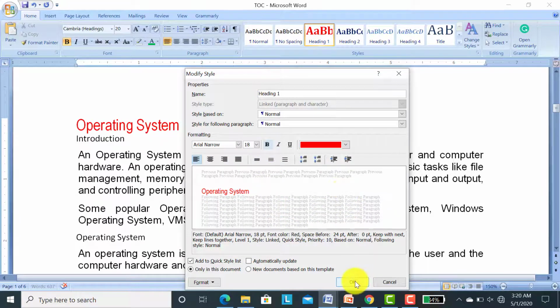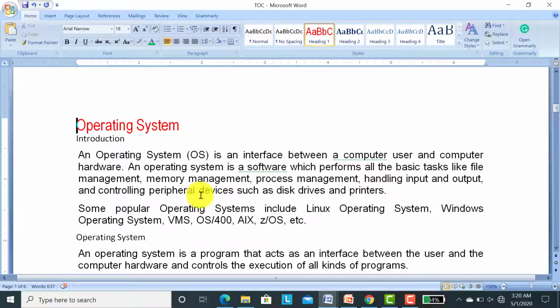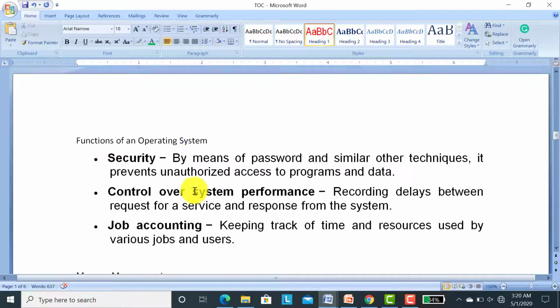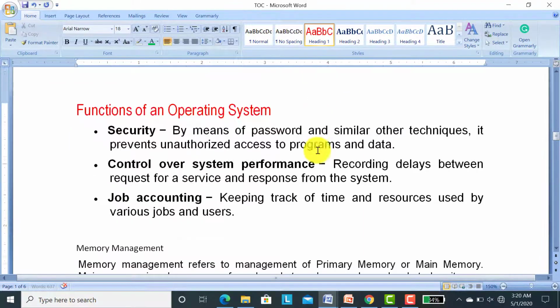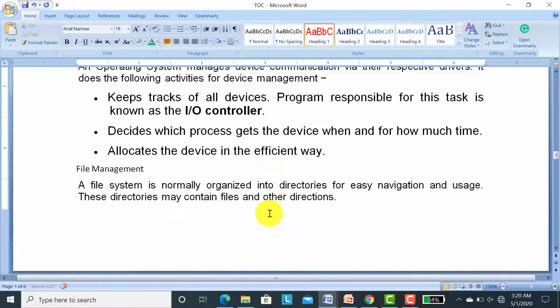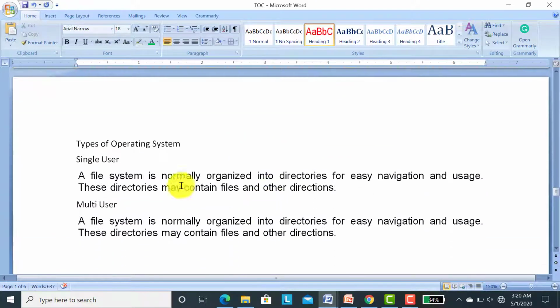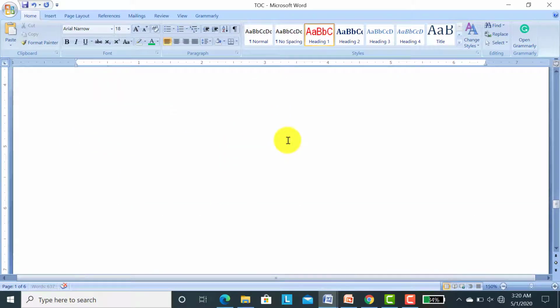and click on OK. This is Heading 1, and in the same way I changed the other headings. I have changed this heading also. Types of Operating System, I have also changed to Heading 1.